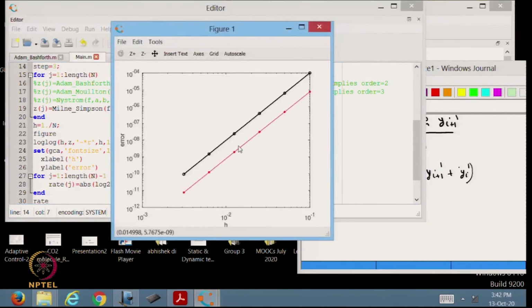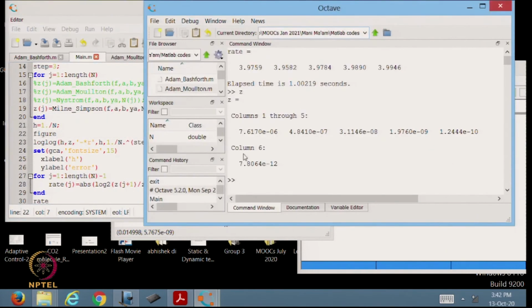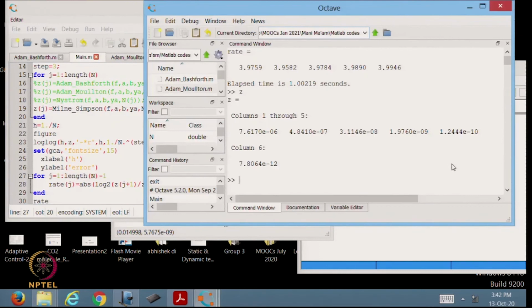So, here also you can see, if you want you can separately type out Z, very good, as you see how fast the error is tending to 0, because this is the highest order method which we have implemented so far. Earlier methods were either 1, 2 or 3. This is the highest order method which we have implemented, and the result of that highest order is also visible to you. Error is tending to 0 very fast.